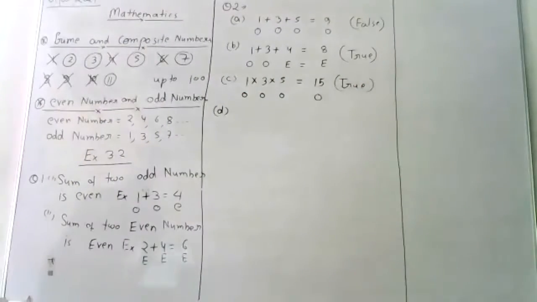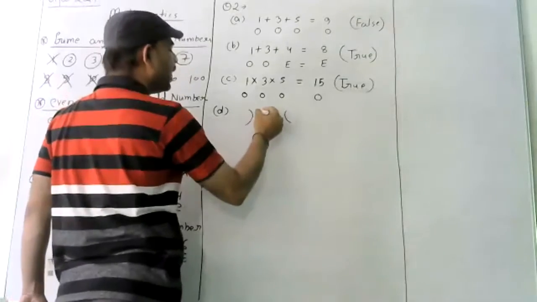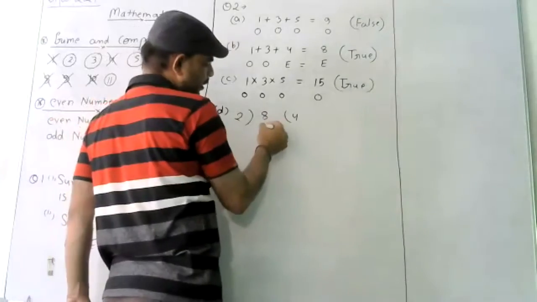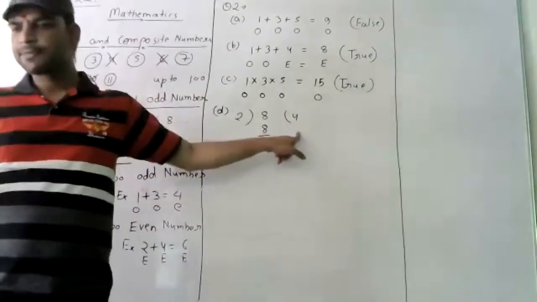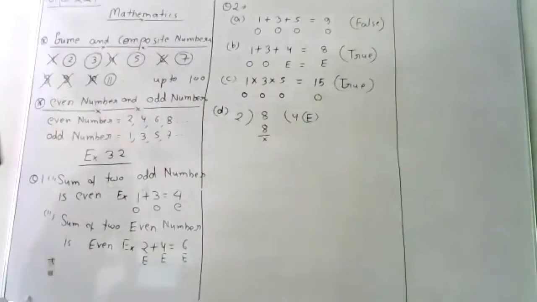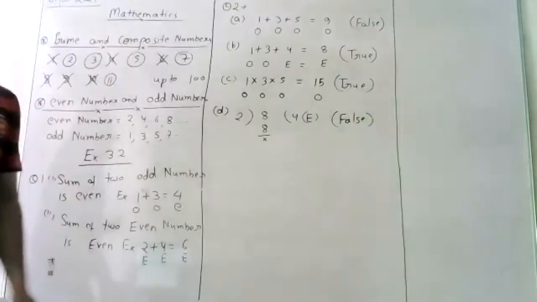Okay. Next statement, statement D. If an even number is divisible by 2, listen, even number. Here is an even number, 8. Divisible by 2, 2 fours are 8. This quotient is even. According to this statement, the quotient is always odd. So statement D is false.